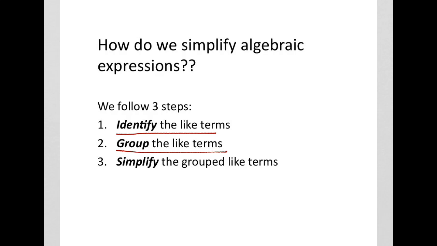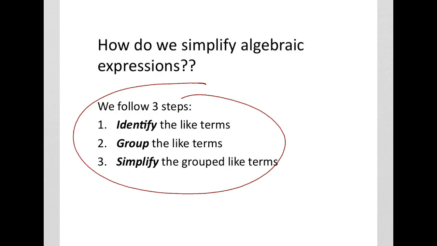And then once we've grouped the like terms, we move on to simplifying the grouped like terms. And when I say simplify, I mean, again, reducing those like terms into simplest form, which is what I've just shown you guys in that numerical example. So moving on, I'll show you guys a few examples on how to apply these steps